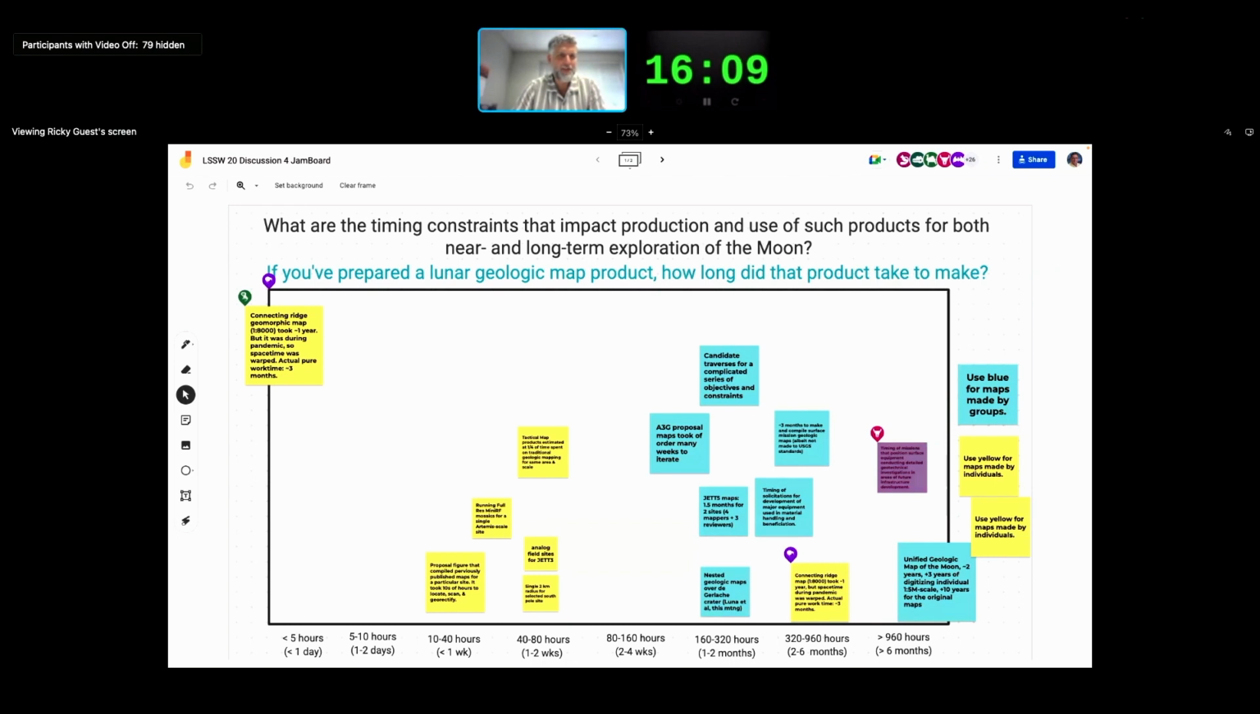Yeah, that's a good point. The space-time continuum was warped during the pandemic. So that's a great thing. So it took over a year in that sticky note talking about the connecting ridge, 1 to 8,000 scale. But the work time itself was